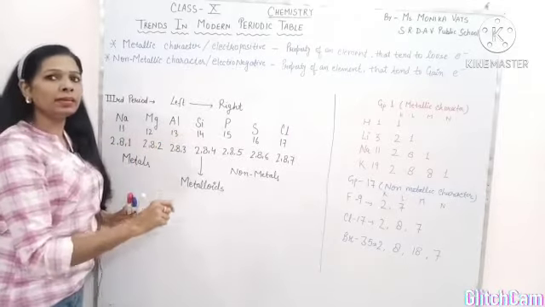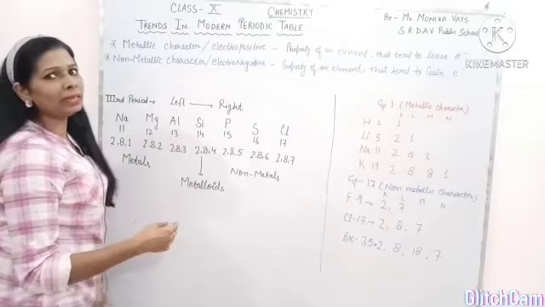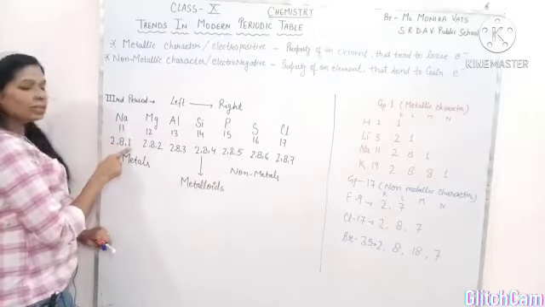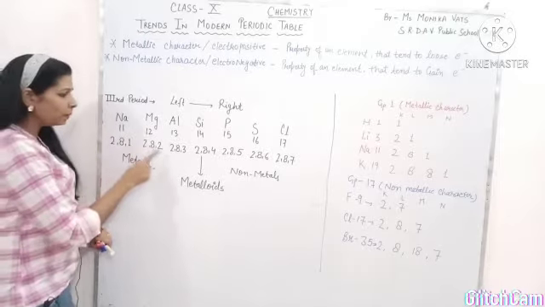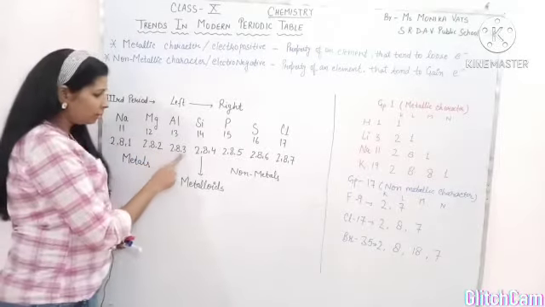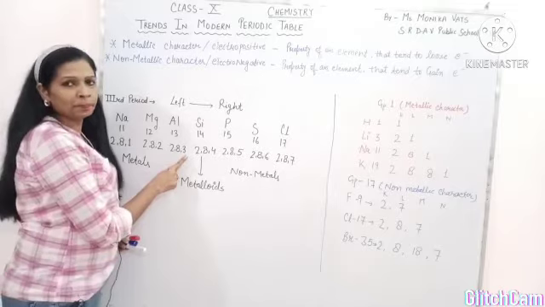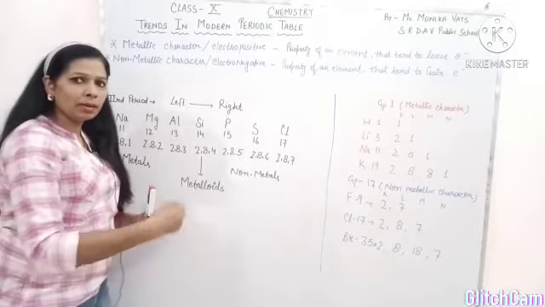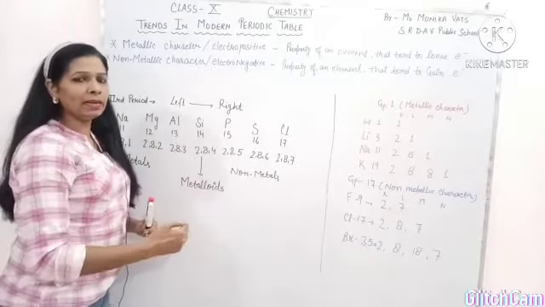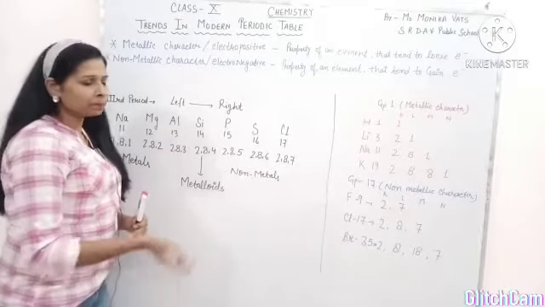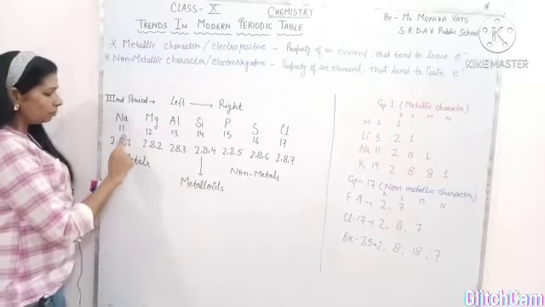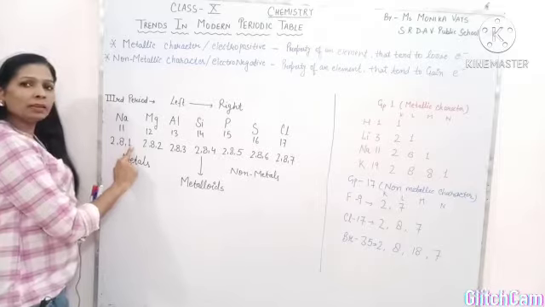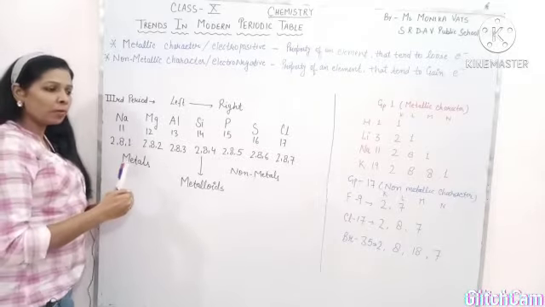But which one can easily donate electrons? That is a good metal. Here we can see that there is 1 electron to be donated, 2 electrons to be donated, and 3 electrons to be donated. Out of these 3, the one that can easily donate electrons is a good metal in comparison to the others. In the case of sodium, sodium has 1 electron, and on this 1 electron